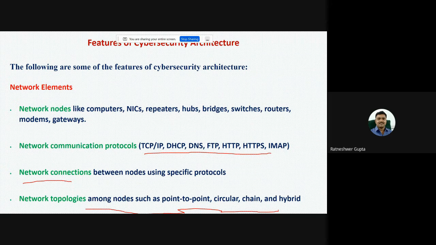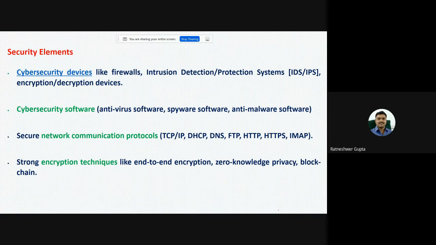After the network elements, we have to identify the security elements, that is, what security elements we require. So the cyber security devices, like the firewall, etc. Then the cyber security software that we use, like antivirus software and so on. Then the secure network communication protocols that we are using.